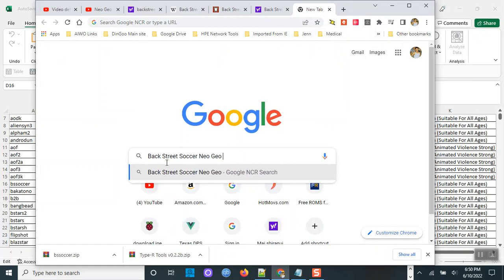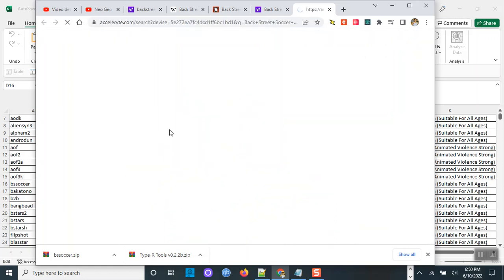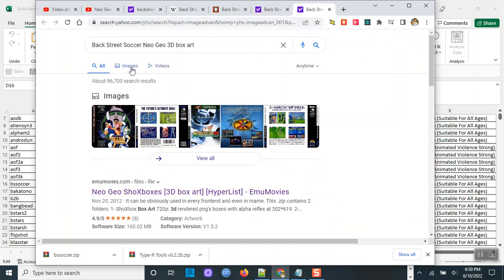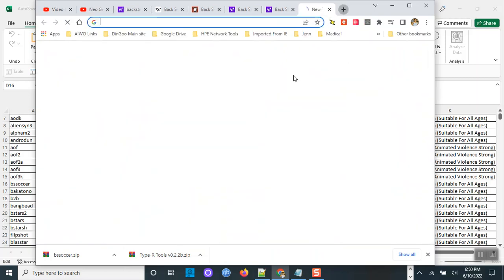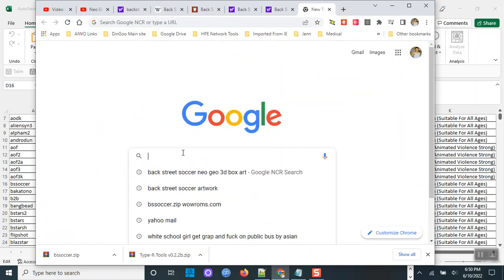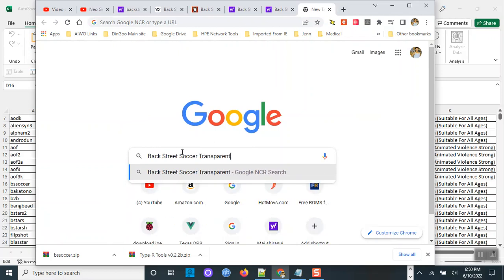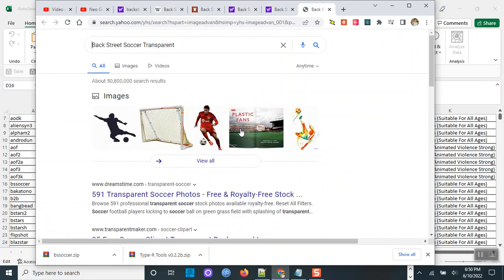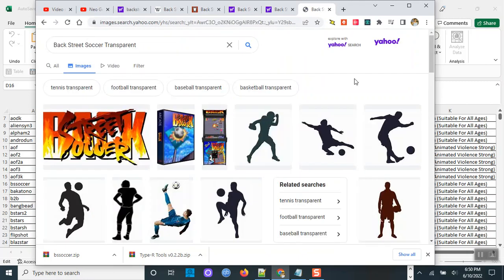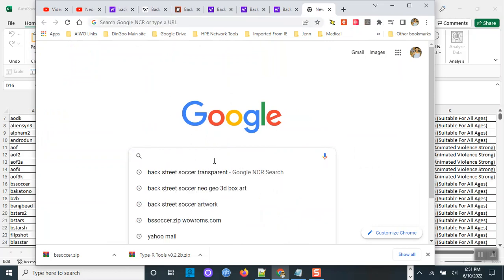Neo Geo 3D box art image. And then I'm going to do another one. We're going to do transparent, which is the one we already got, the transparency. Okay, so we got that one. I probably could use that for the cartridge. And then the next one would be